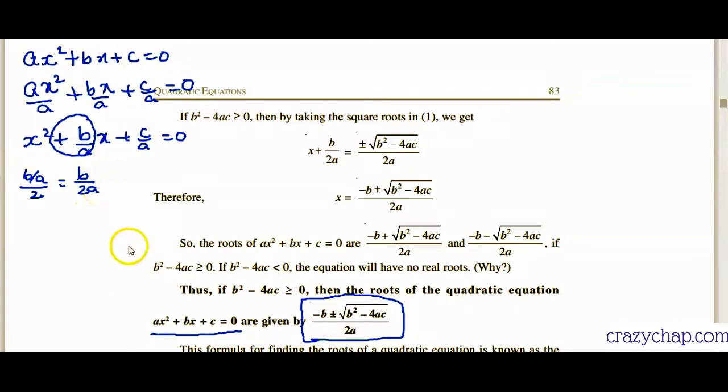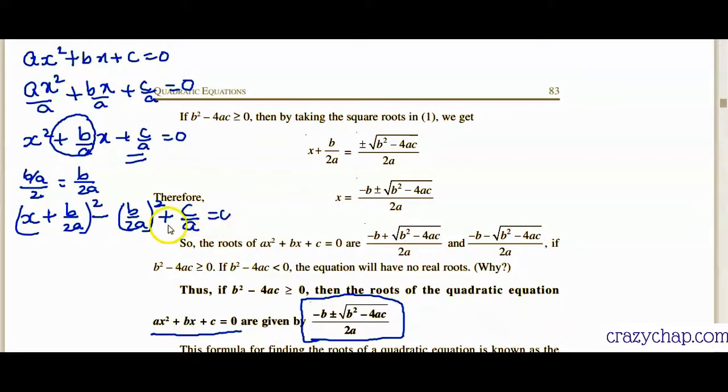Right? Okay. And then again you remember, now we will use the completing square method. Because this is a positive number, so plus b over 2a whole square, and then we always subtract the square of this number. So minus b over 2a whole square. And at the end we write down the constant part. So plus c over a equal to 0, right? So we'll solve that. Let's see.